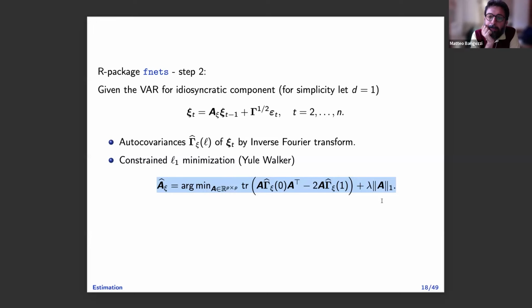Obviously you have to pick a penalization constant lambda that I will discuss later on, but this is the problem that we minimize. And this is very convenient, because you just use second moments. You don't need an estimate of Xi t, and since Xi t is not observed, this allows you to control the errors much better, because you control that much better on the covariances than on the whole process Xi t, especially when you want uniform rates, because then that would be very complicated. We have a result, but we show that the errors you get in this way are smaller.